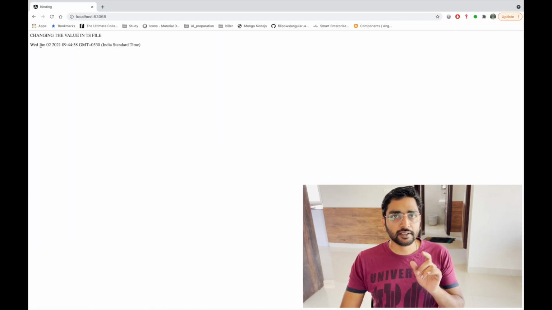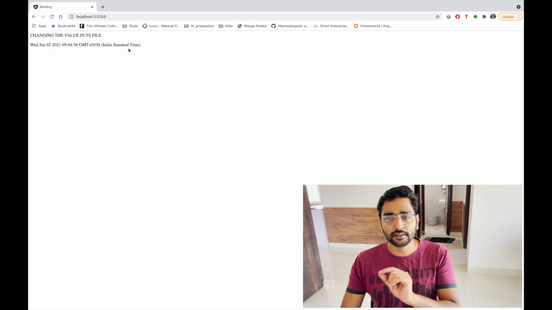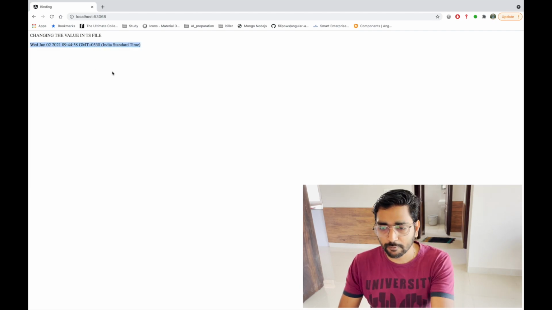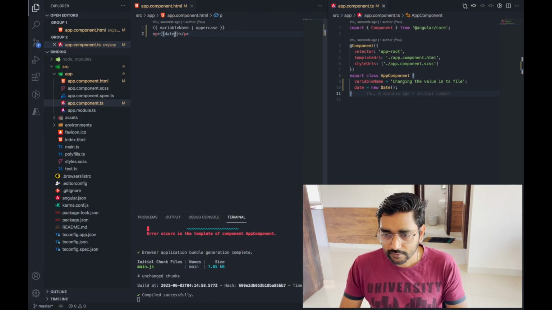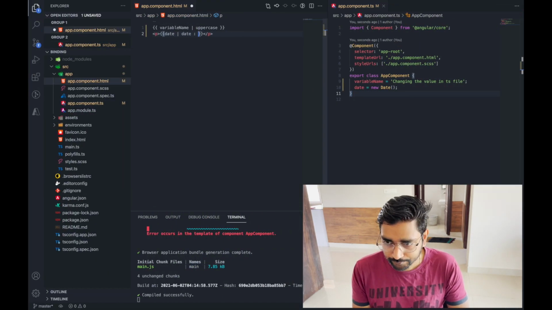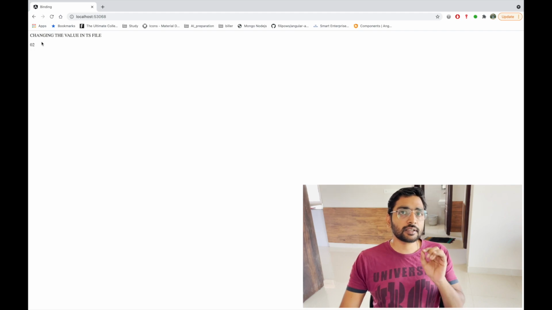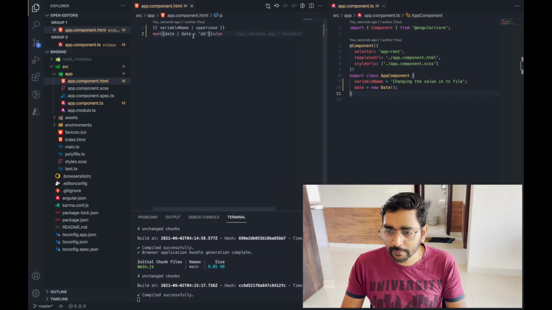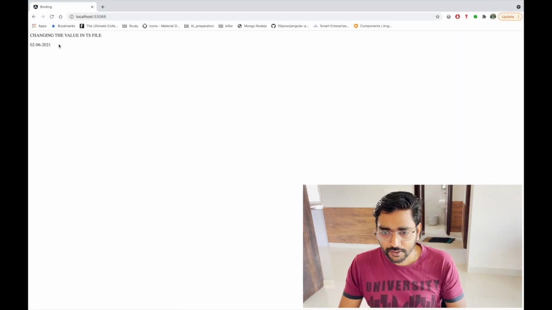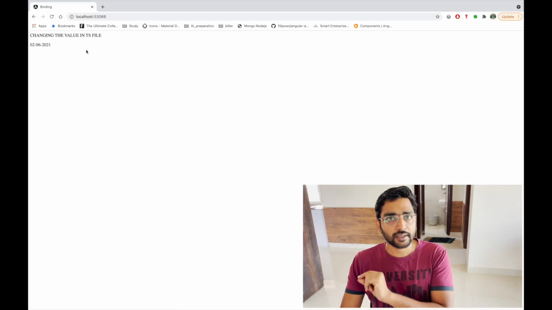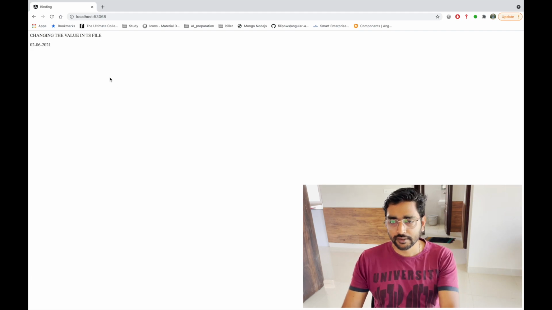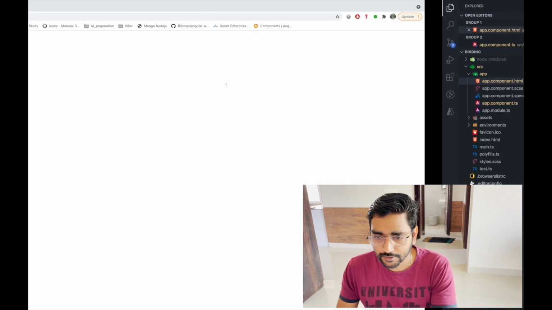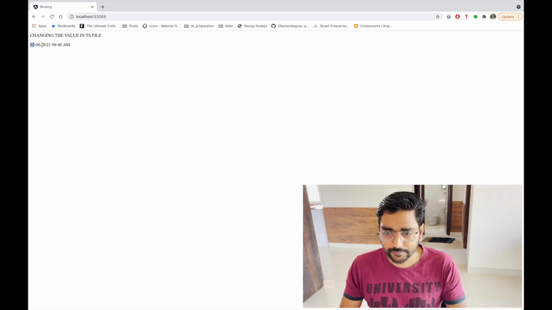So you can see right now the date is directly given in the full format. That's the simple one which we have already seen. Now let's try to manipulate it. Now you can see we can only see the date part of it. If we want a different format, it will give me the date, month and year of it. Now I can manipulate even further.